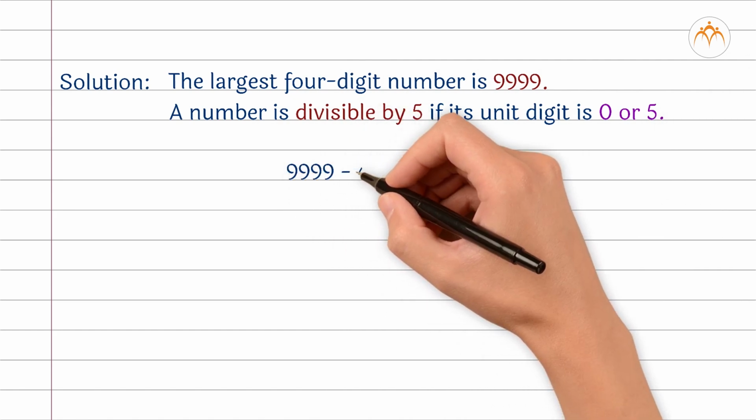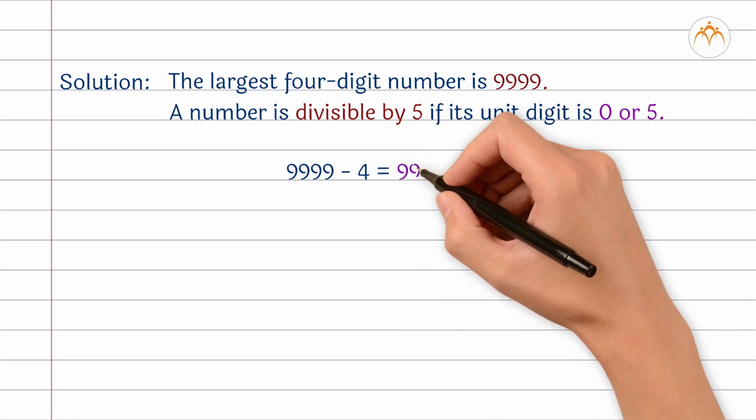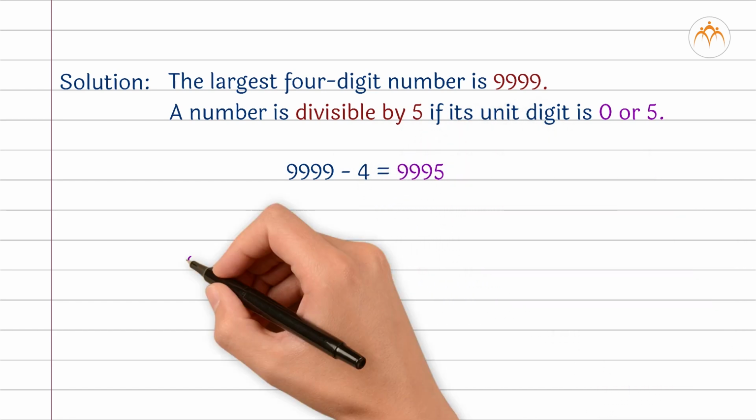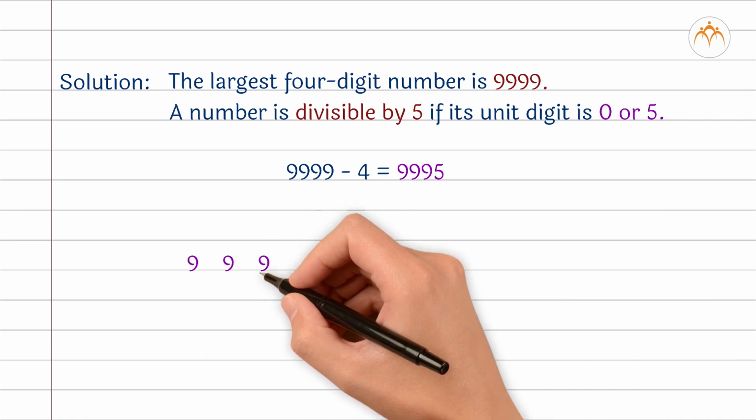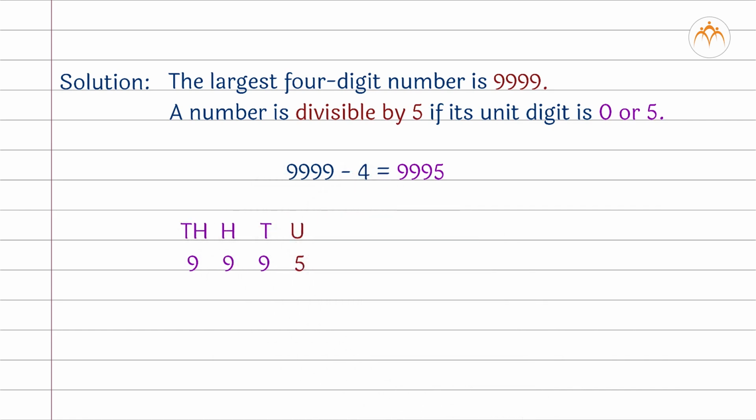As 9,999 minus 4 is equal to 9,995. Since this has 5 as the unit digit, it is completely divisible by 5. Thus, 4 should be subtracted from 9,999 to make it divisible by 5. Another example,